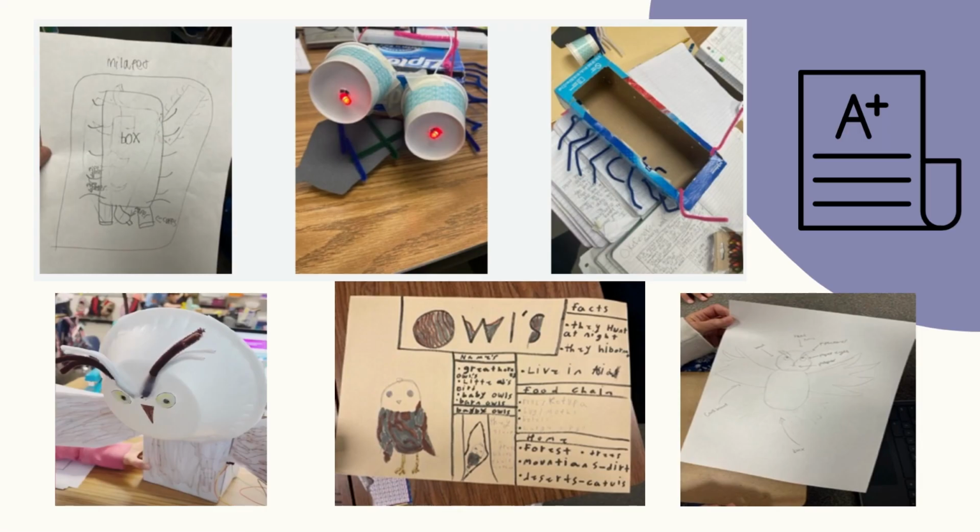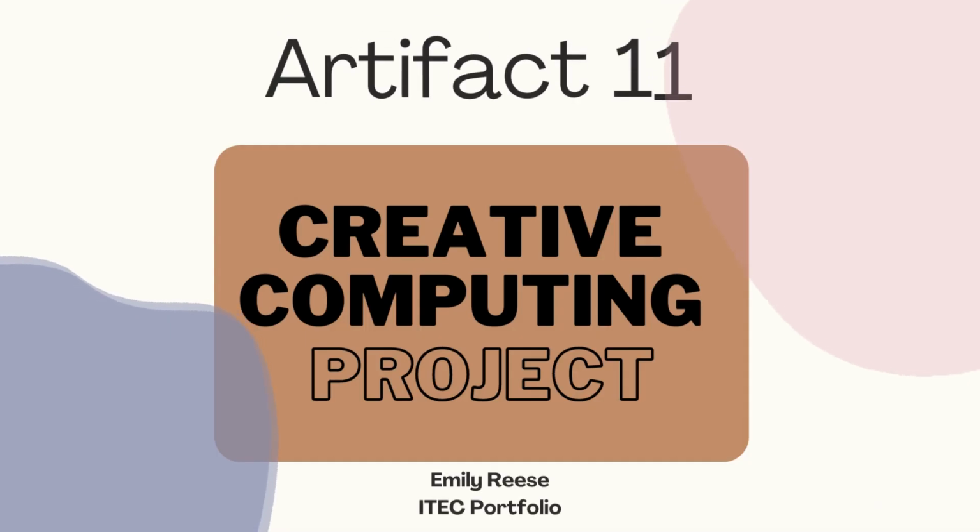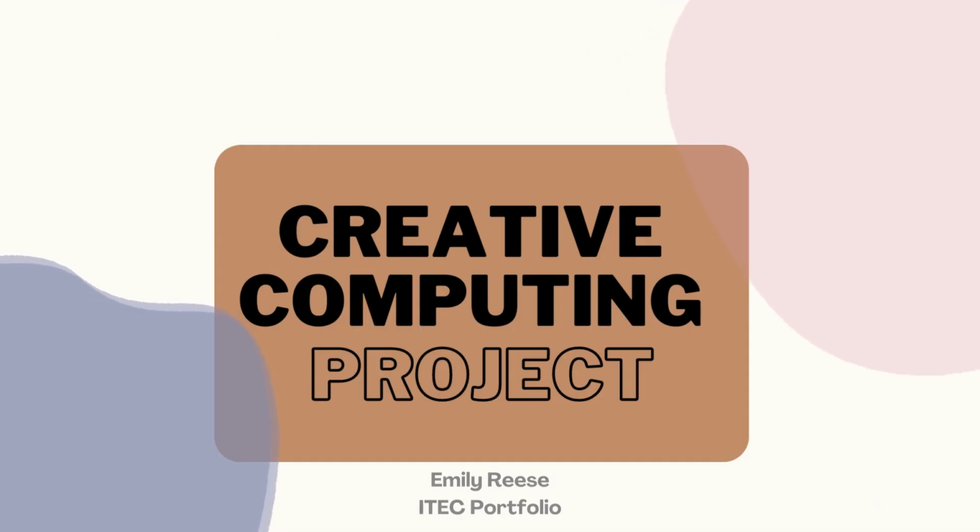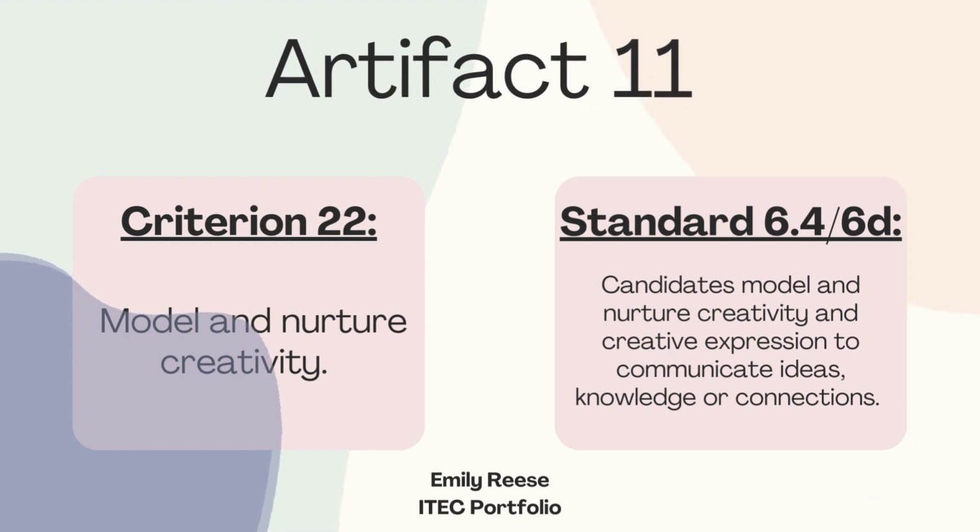The Animal Adaptation Pet Robot Creative Computing Project demonstrates my ability to create learning opportunities for my students that challenge them to use a design process and computational thinking to innovate and solve problems. Students' use of the creative learning spiral and elements of computational thinking is evident throughout the students' final work products. The creative computing project that I implemented in my third grade classroom provides evidence for Criterion 22, Model and Nurture